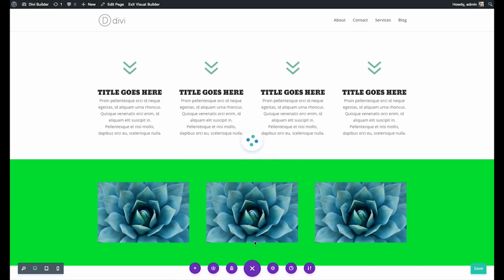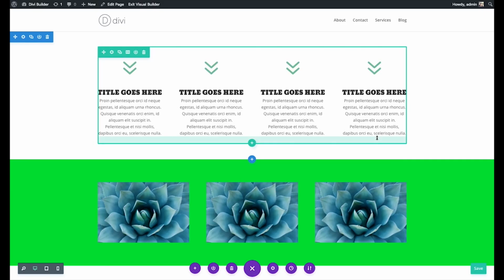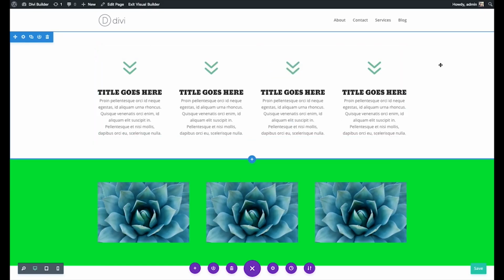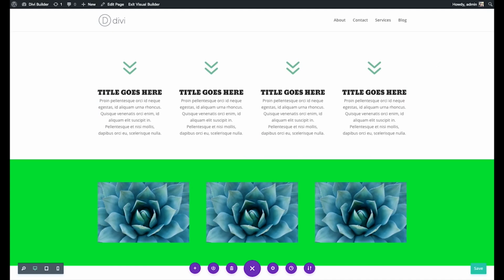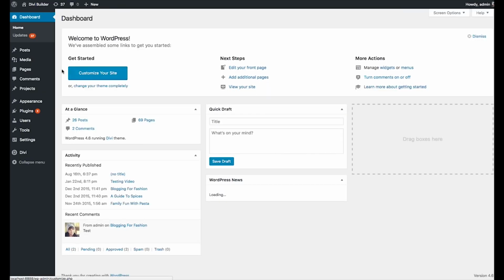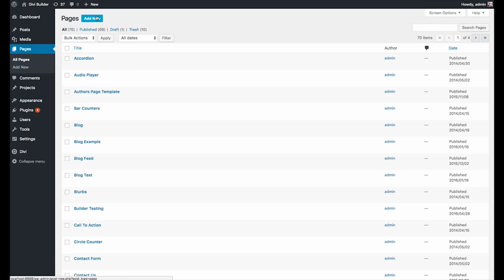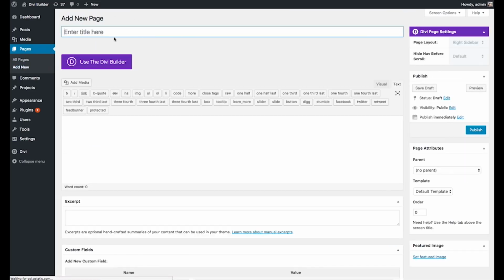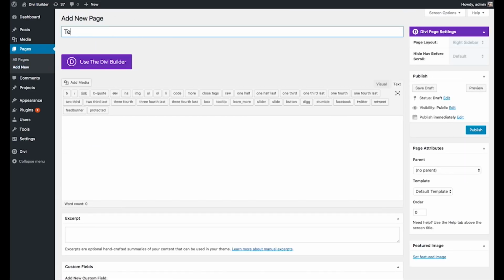I'm going to save this, and then if we're going to create a new page, you can load that up and start from this point. So let's go ahead and do that. Let's add a whole new page. Let's start fresh and create a new page with the Divi Builder. So I'm going to head back into my WordPress dashboard, head over to Pages, click Add New, call it Testing,